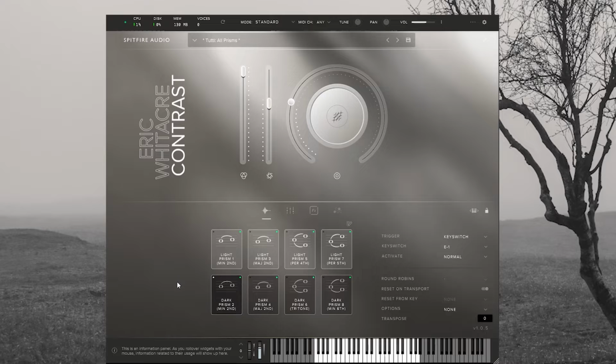If I play the dark version, you can hear the difference. It's quite subtle, but it is darker. There you go, for want of a better word. Now, if I play the major second one,